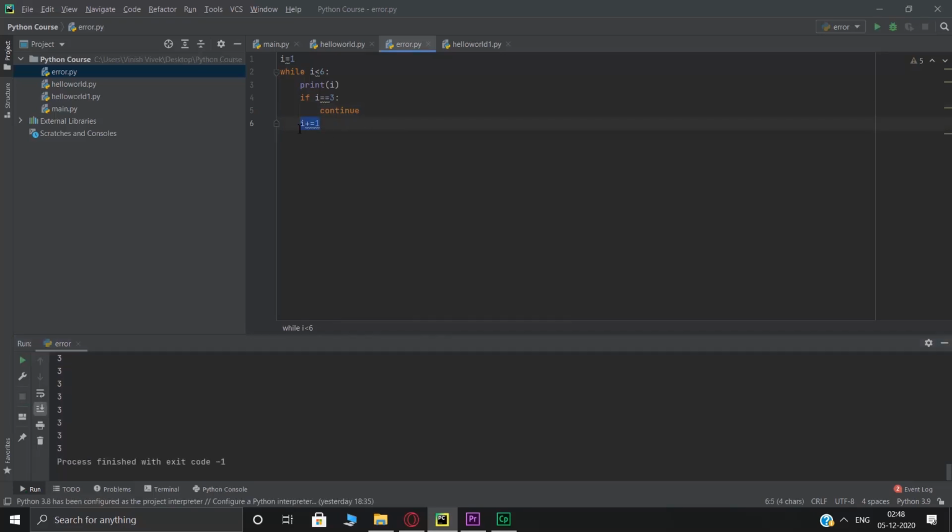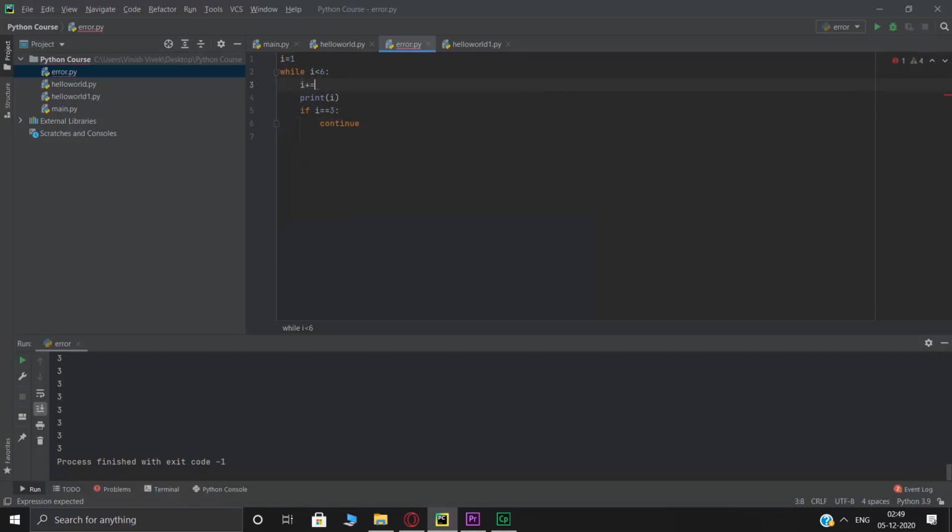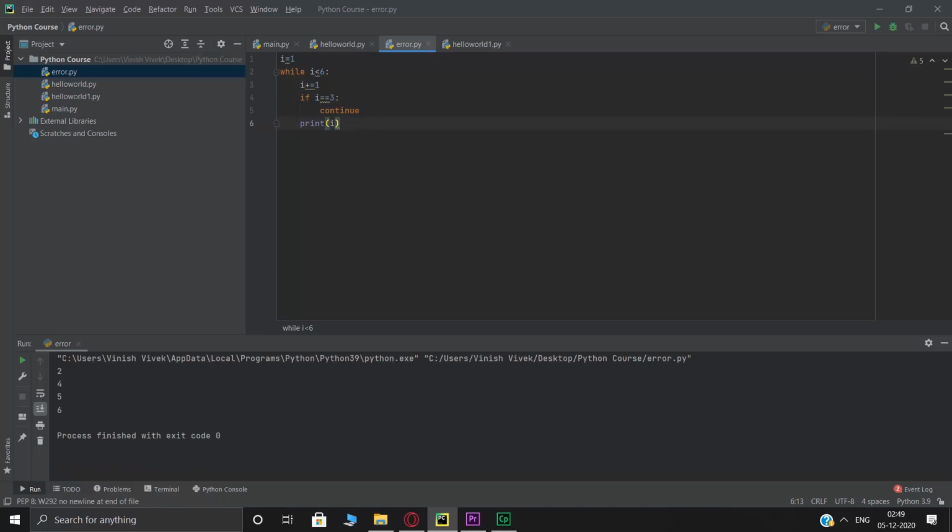That's because I added this over here, which made me go into a permanent loop. So here I wanted to do i plus 1, and then if i is equal to 3, you continue, and then you continue to print i. Control Shift F10. There you go.